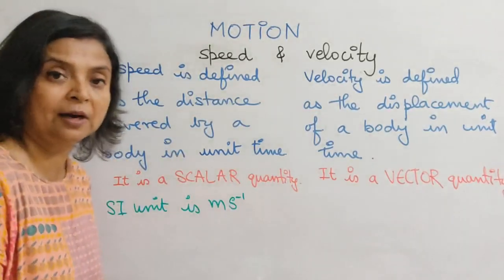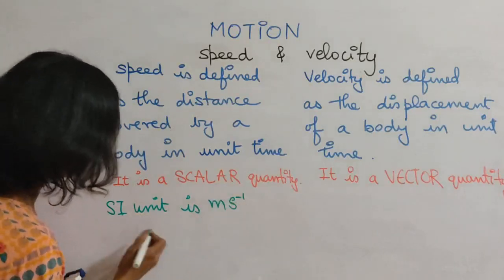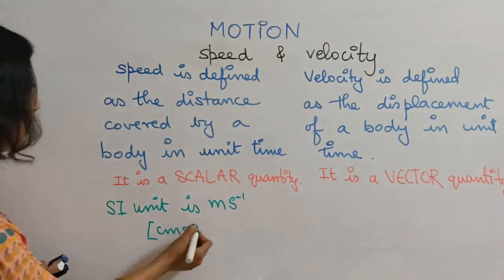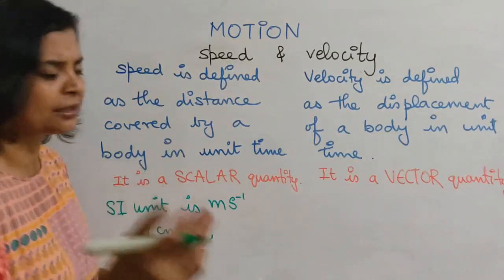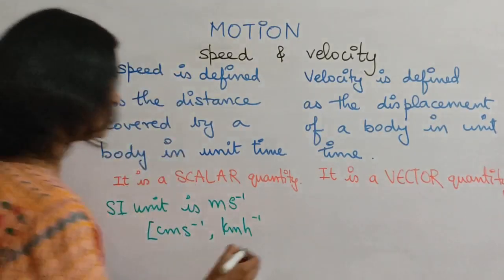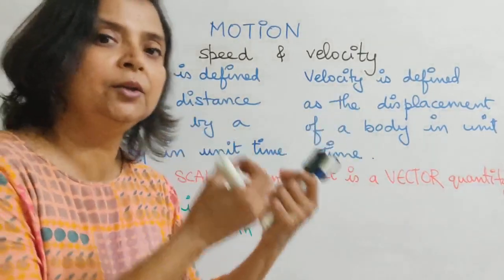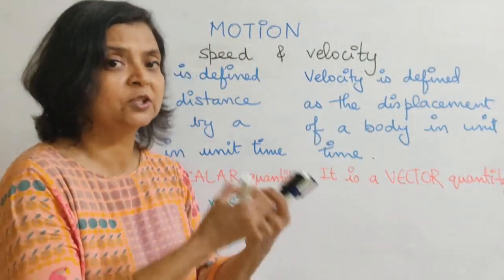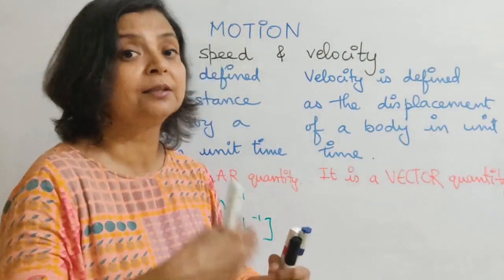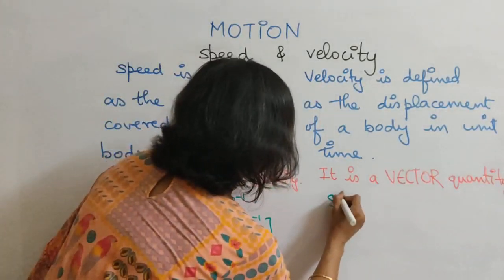SI units are also called as MKS system. Meter, kilogram and second. But there are smaller units like centimeter per second. This is called as CGS system, and a practical unit is kilometers per hour. Right? Now, if you remember what we discussed just now, this is also knowing how much did it travel. It is also like speed, but we have also roped in the direction. We have also considered the direction. Hence, it's a vector. But the unit will still remain, the SI unit